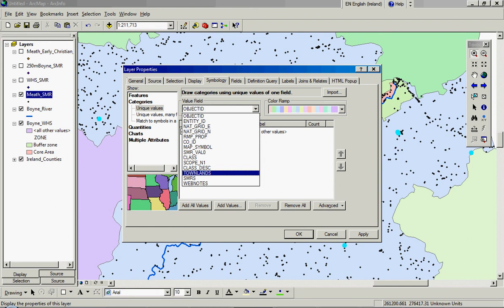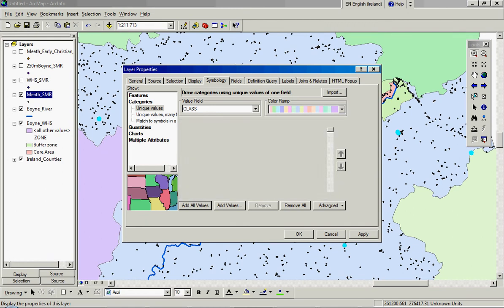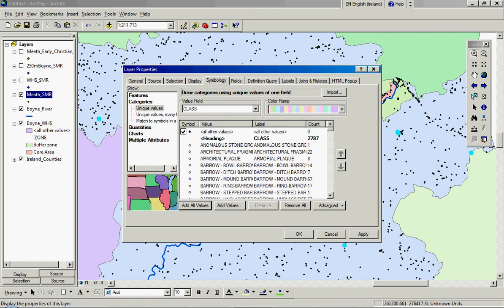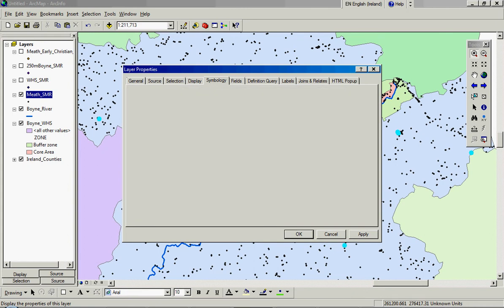So we get into class and go add all values. Using this color ramp, it's going to give different colors to every different class. But given the amount of different sites and different classes of sites, the efficacy of doing this with so many entries is limited. If we click OK,